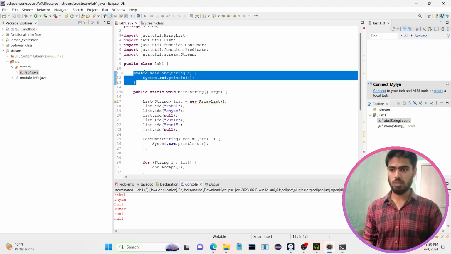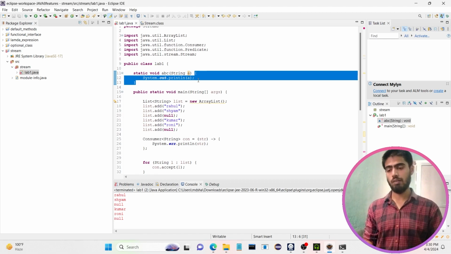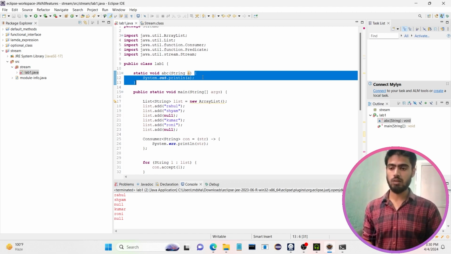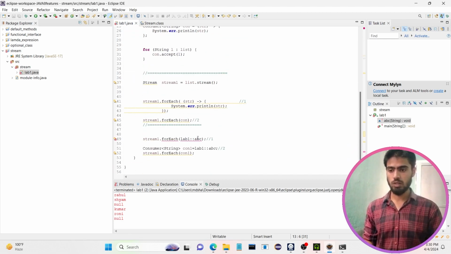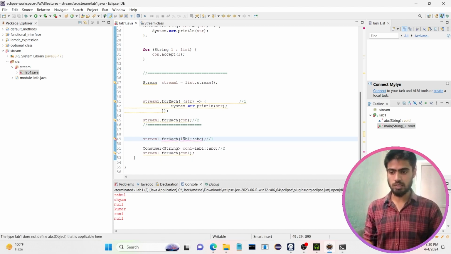So here this method is a static method. It is fulfilling the logic that I want to provide for the accept method of the Consumer functional interface. So I am doing the method reference right here. I am passing the whole method reference here. It is giving an error because